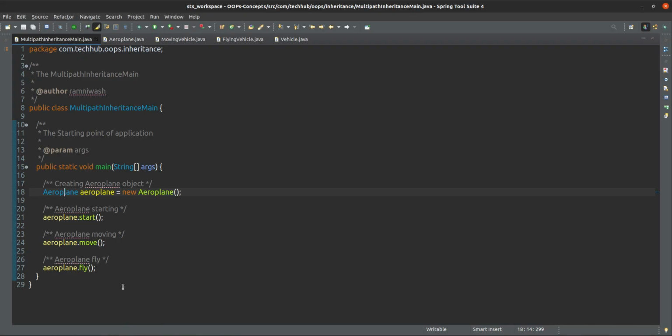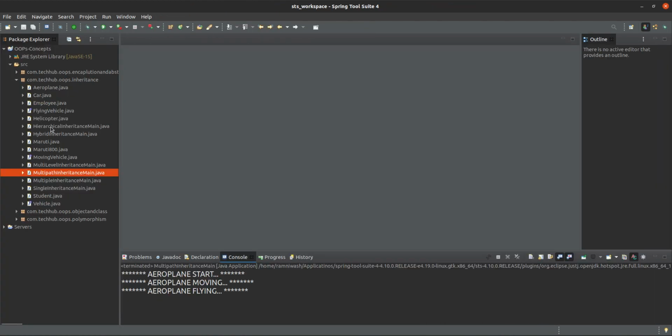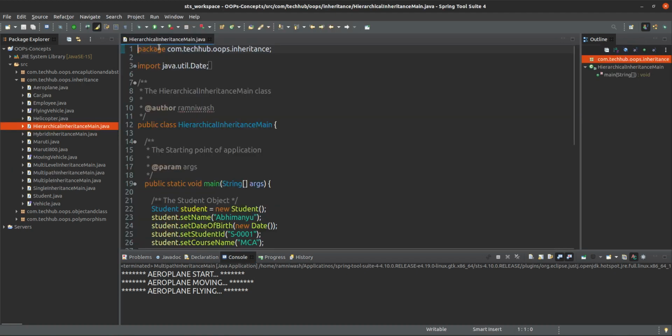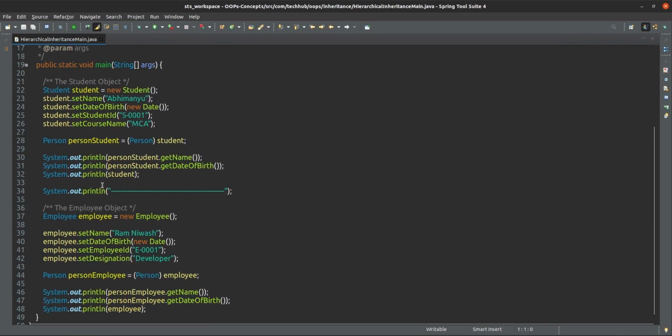If you see the code, what you will observe is that here we are creating a Student object, and inside the Student object we are setting some name. Obviously a student has a name, and a student has a date of birth also, because a student is a person only.